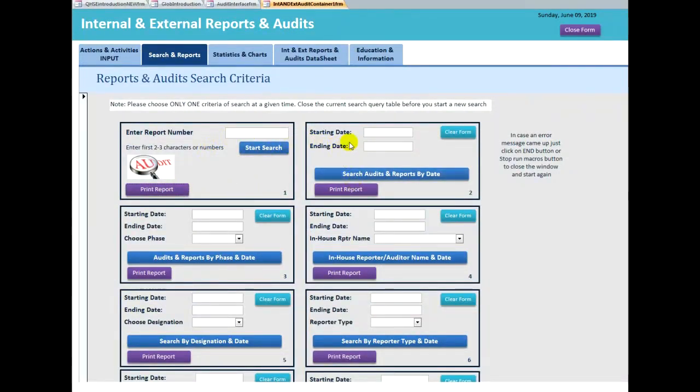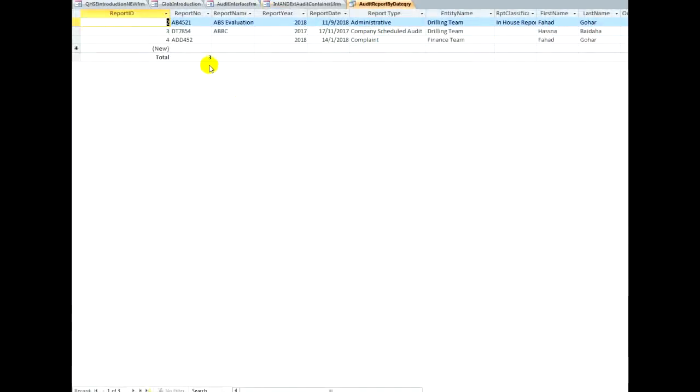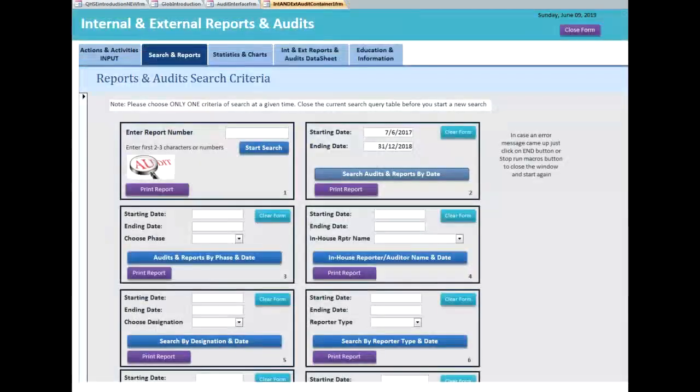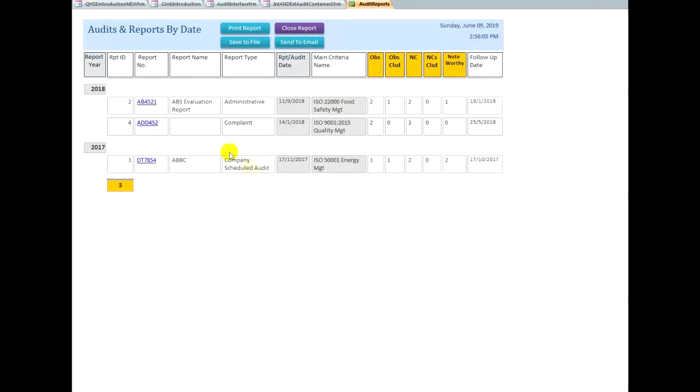Let's say I want to go by a particular date. Okay, so I just put it like that. I choose the date, for example, let's say 11 here. Let's say I want anything in the year 17 and between the year 18. Okay, let's say I'm going to go all the way to the end of December here, but I'm going to say 18. Remember, you have two choices. Either you do the query, it tells me I have 3 reports, the date, okay, and if you want to have it in a report like that, you can see,